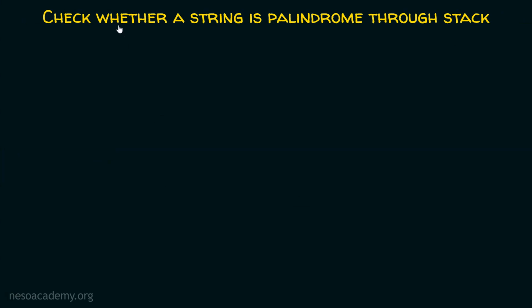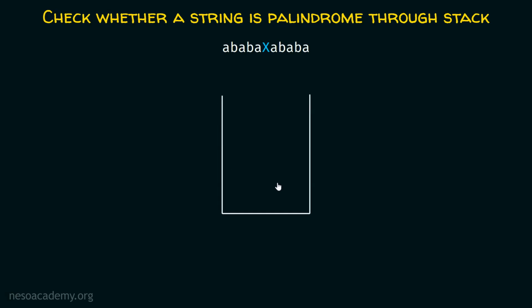Now we will write a program to check whether a string is palindrome or not with the help of a stack. But before writing a program, it is important to demonstrate the idea behind writing the program. How to write a program to check whether a string is palindrome or not. We have to use stack for this purpose. Let's see how. Let's say we have this example and we want to check whether this string is palindrome or not. ABABA X ABABA. We know that this string is a palindrome. But we will try to understand how to write a program to check whether this string is palindrome or not. For this, we need a stack, and the idea is very simple.